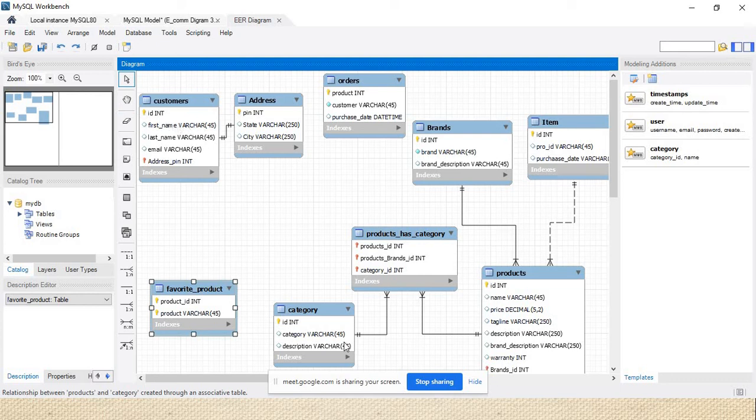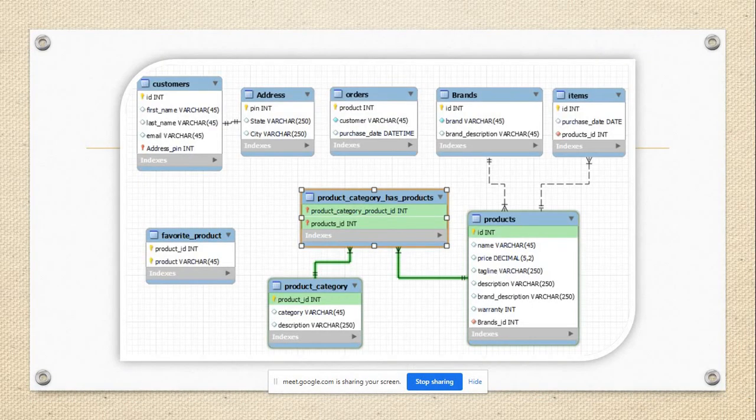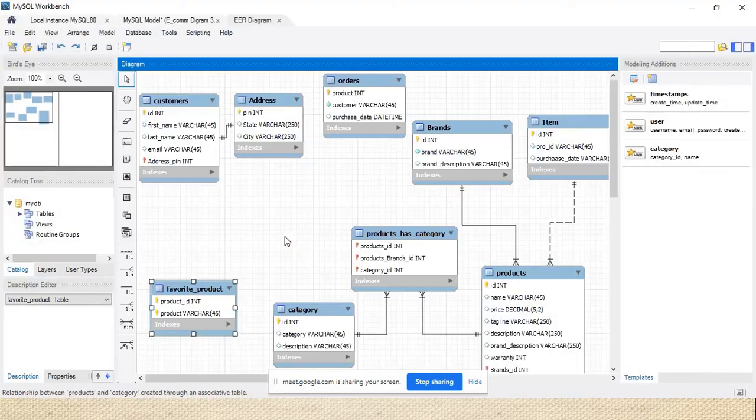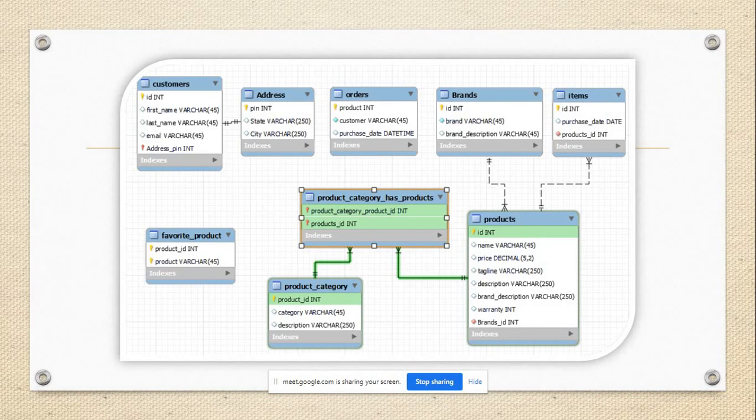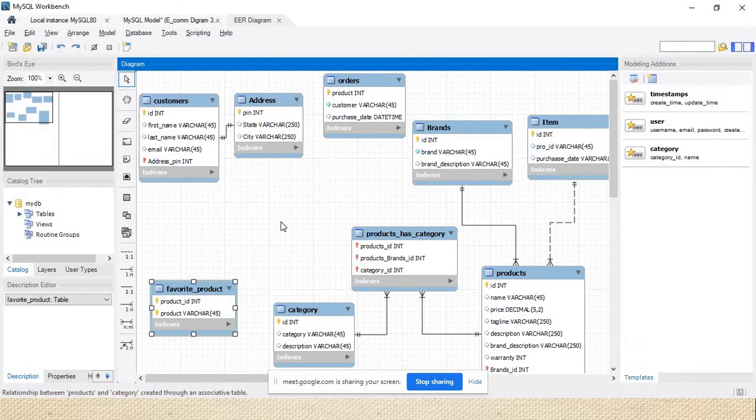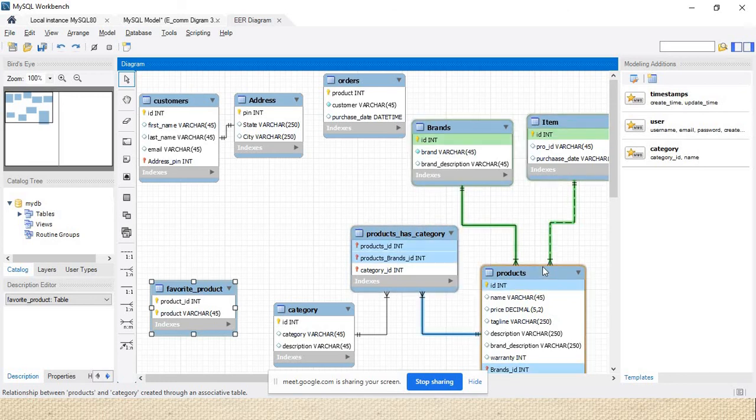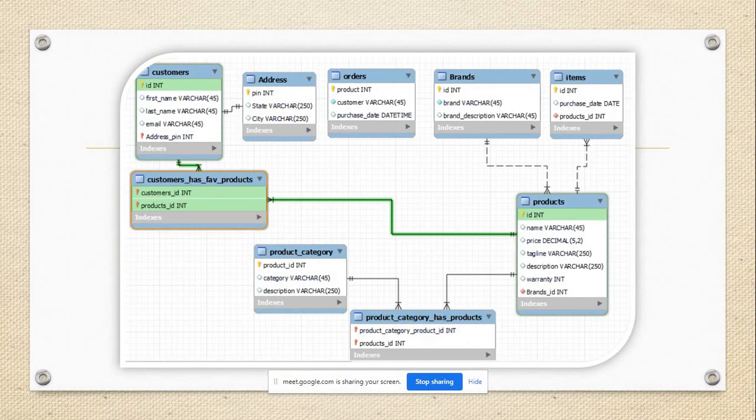We can also create the relationship between product and customer.